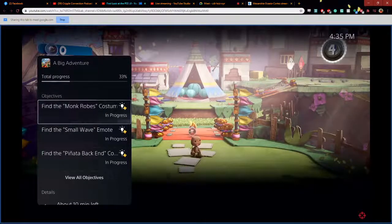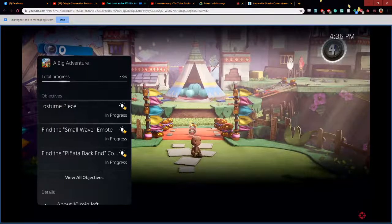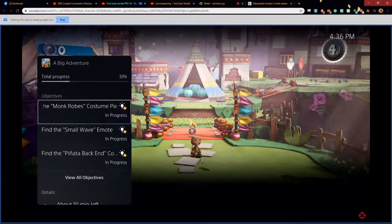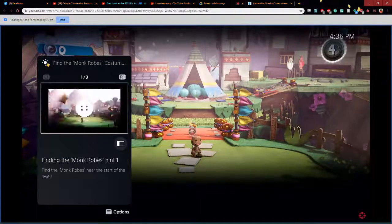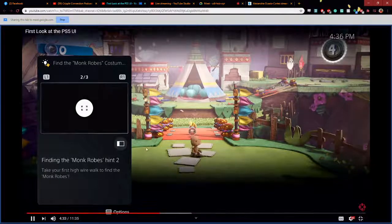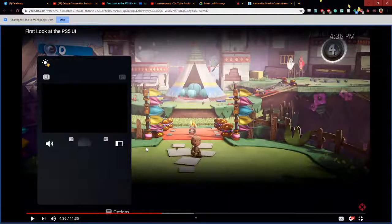It looks like I missed an objective to find the monk robe's costume piece. Looks like I need a little help. Some in-game activities, like this one, offer official game help. Game help is included as a benefit for active PlayStation Plus members in some PS5 games. In this case, I can open up that objective to get some hints without resorting to a web search or digging through long...